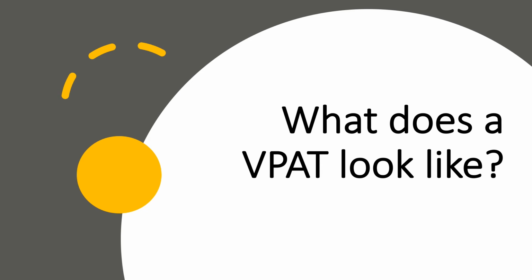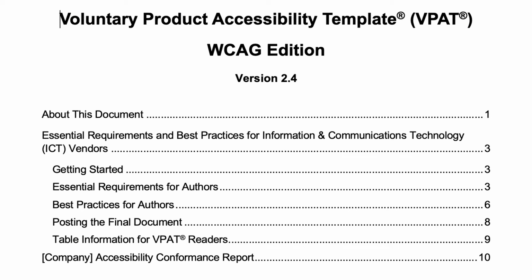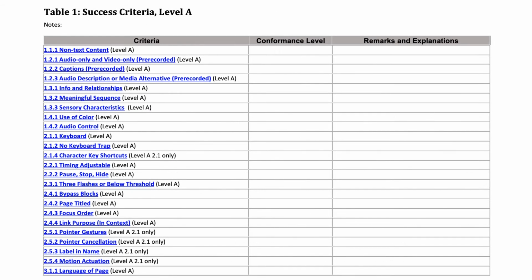What does a VPAT look like? The VPAT document is provided as a Microsoft Word file that can be used as is or reproduced in other formats. The VPAT includes 2 major sections. The first section includes extensive instructions for completing the VPAT, including essential requirements, best practices, posting instructions, etc. The second section, which you will make available to buyers, is the Accessibility Conformance Report, ACR. The ACR is what is made available as documentation of a product's conformance to accessibility requirements. It might seem obvious, but when you create an ACR, make sure you make it accessible if you transform it into another format, such as Adobe PDF.